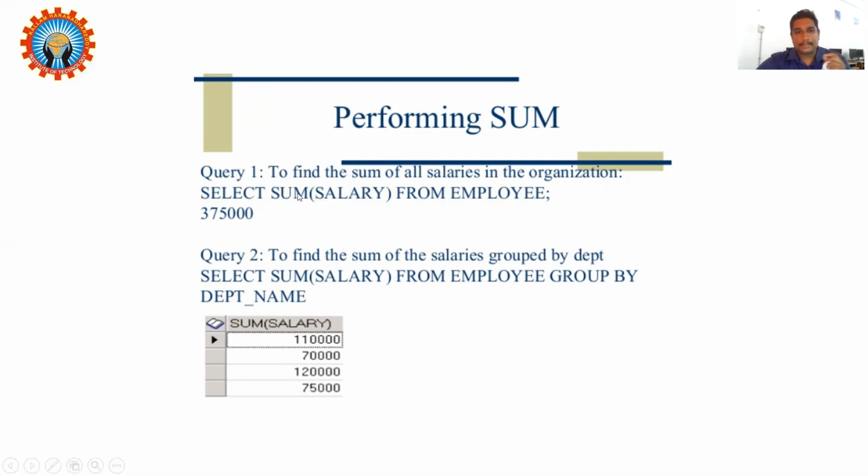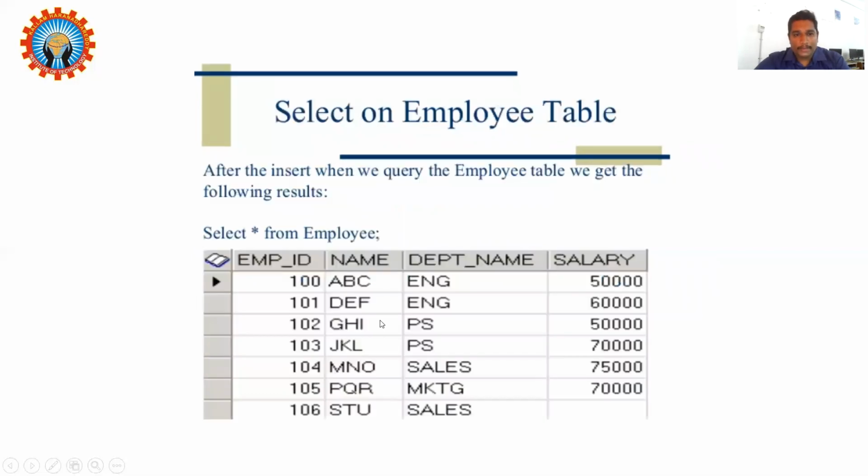This statement was executed previously, but here we have various departments, right? English, physics, sales and marketing. I want to retrieve only a particular domain's salary, for example the English salary, or either English or physics or sales.